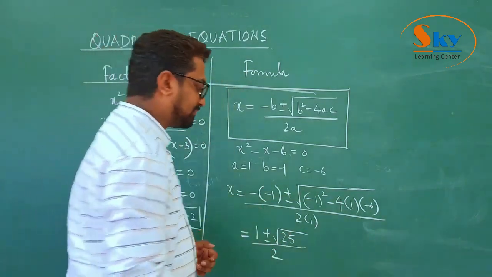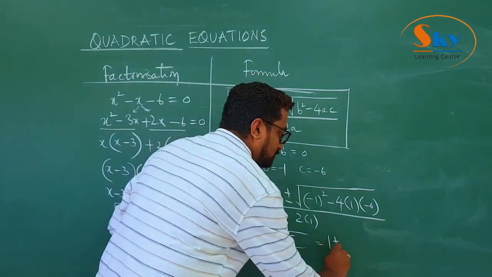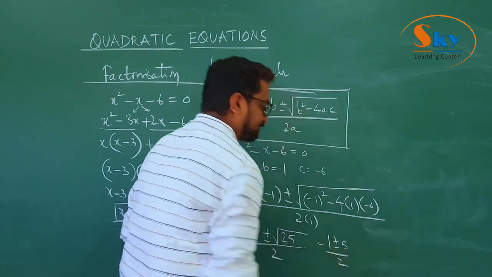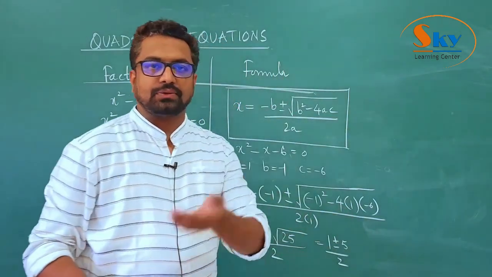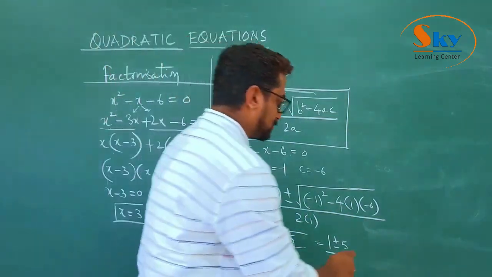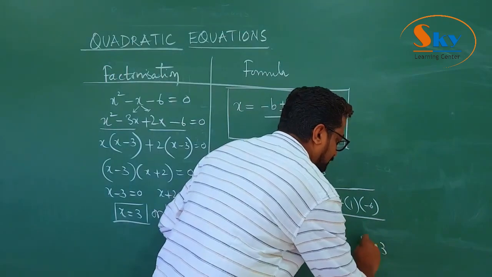so I'm going to get root 25 divided by 2. But what is root 25? Root 25 is 5, so 1 plus or minus 5 by 2. So this implies 1 plus 5 by 2. What is 1 plus 5 by 2? 1 plus 5 is 6, 6 by 2 is 3. So the x value would be 3 or